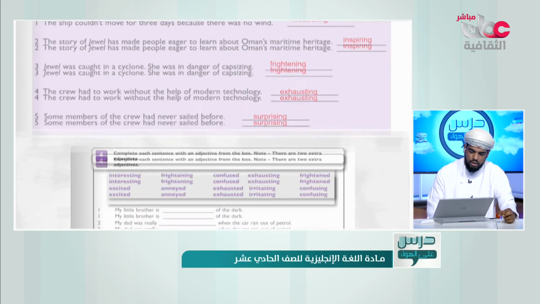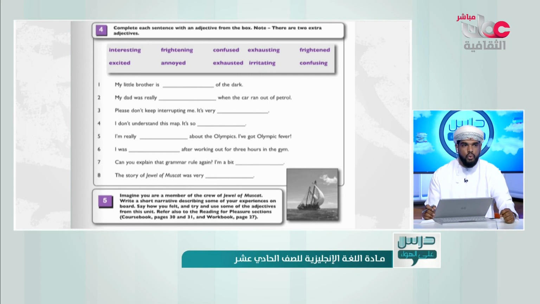And let's go directly to activity number 1 and do it together. And after that, we will have a Kahoot quiz, inshallah. So be ready with your mobile phones or laptops. Complete each sentence with an adjective from the box. So we have interesting, frightening, confused, exhausting, frightened, excited, annoyed, exhausted, irritating, confusing, and mostly you know the